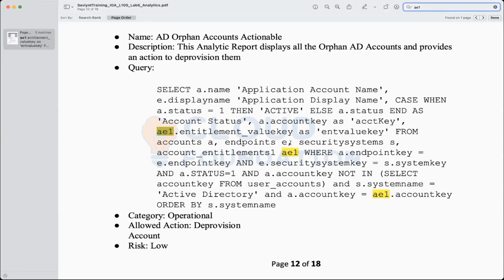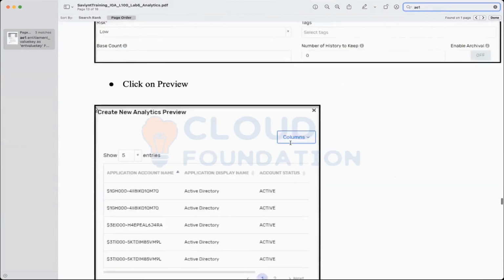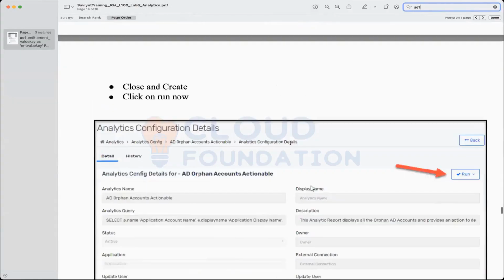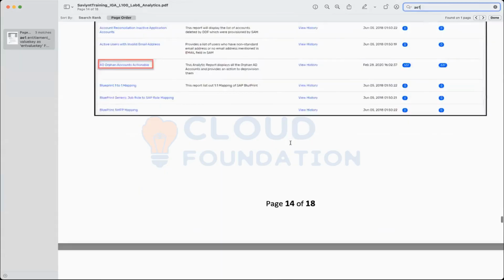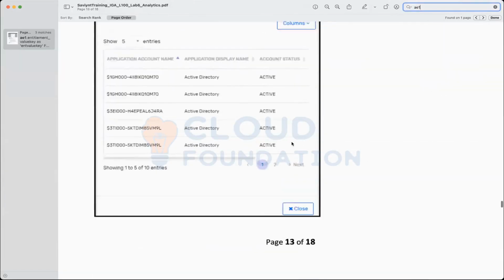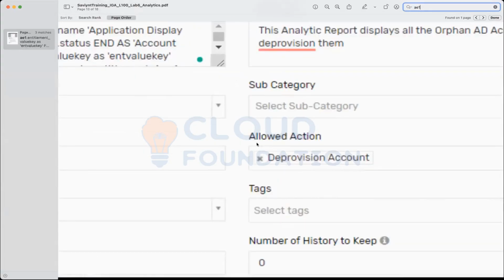What we are saying is that we'll fetch a report of all such users and then we'll take action on it. If you remember, I told you that while you are taking action, you need to provide the allowed action. If you see here, I provided the allowed action as deprovision account.